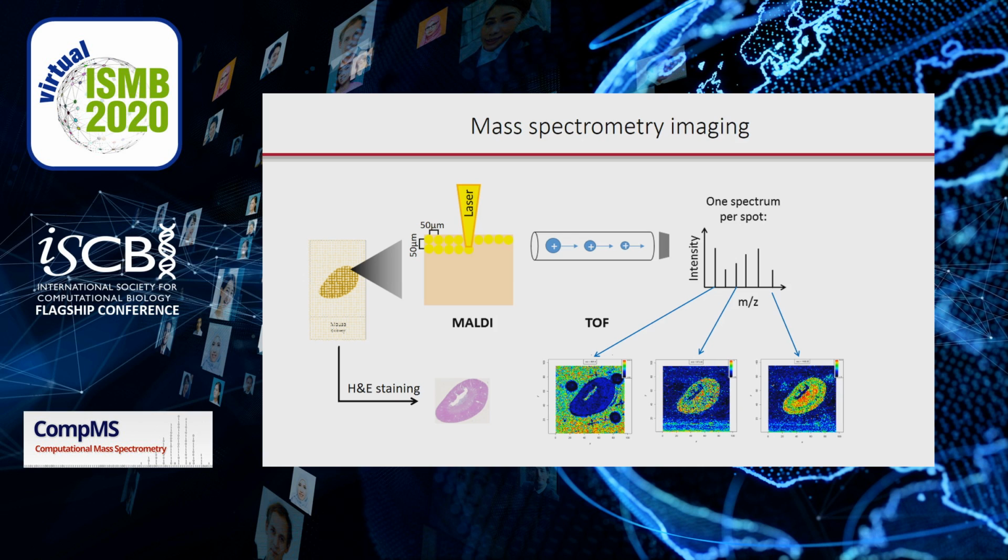MSI can be performed with different types of mass spectrometers. The most common are MALDI-TOF devices. The laser scans over thousands of tissue locations in a grid with a spatial resolution in the lower micrometer range. In each location, a full mass spectrum containing thousands of analytes is recorded. The hyperspectral data is later assembled into distribution profiles for each analyte. Those profiles can be compared with the optical image of the sample and used for further statistical analysis.